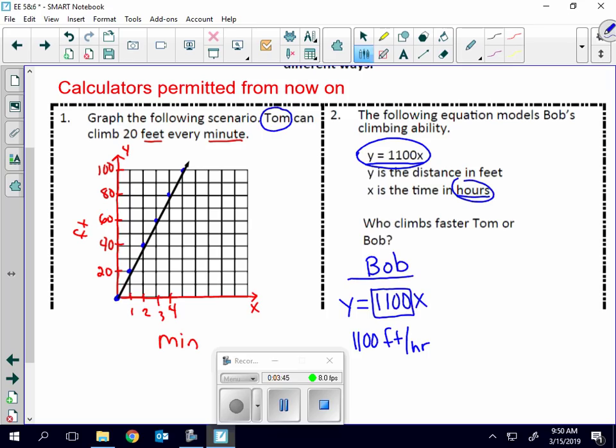So if we take Tom's information, that comes from here. Tom, it says here, right? We're going to go over here. There's Tom, way over there. His information comes from the graph. Well, we know he can go 20 feet every minute, but we have to figure out how much that is per hour. Well, if there's 60 minutes per hour, let's write that over here, 60 minutes per hour,